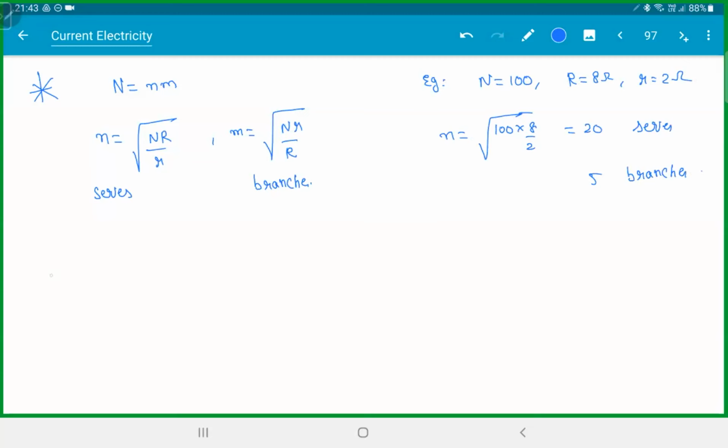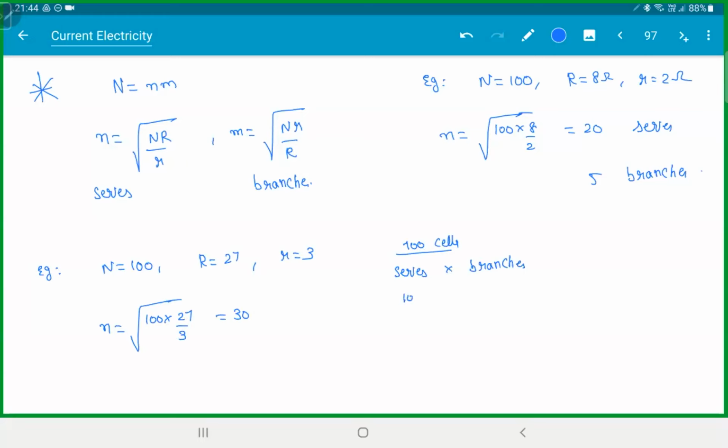Now, if they want to harass you for some reason, let's say n is 100, capital R is 27, and small r is 3, then we get root over 100 into 27 by 3. That will be 30. The problem is, if you put 30 in series, you won't get proper branches. So for 100 batteries, if you take the combination series into branches,